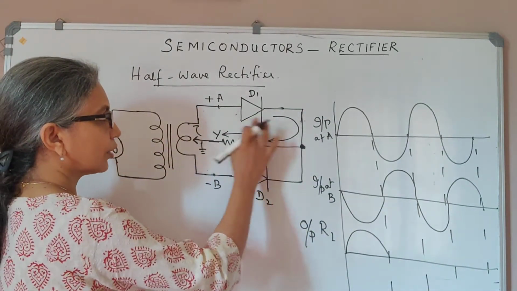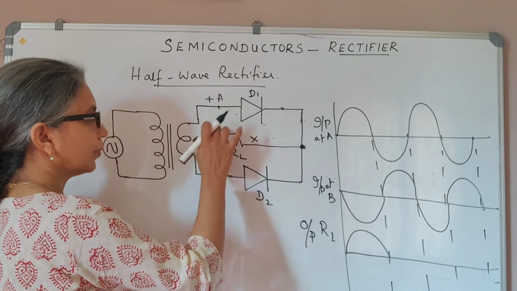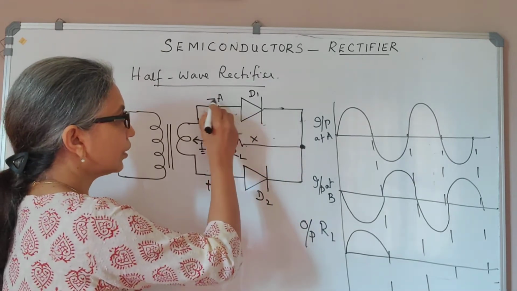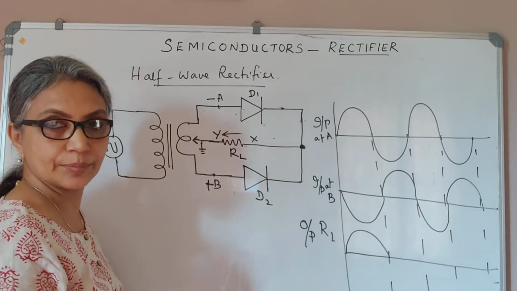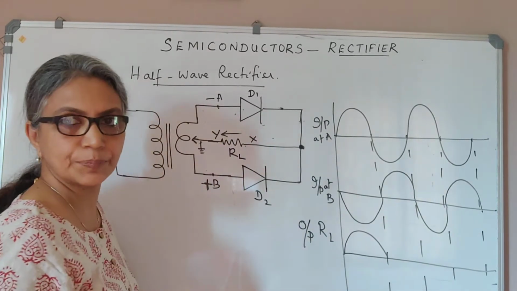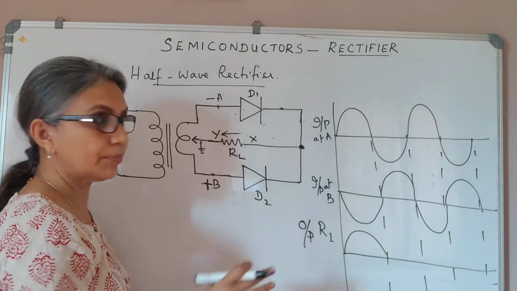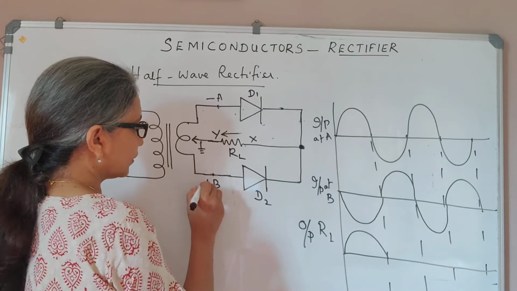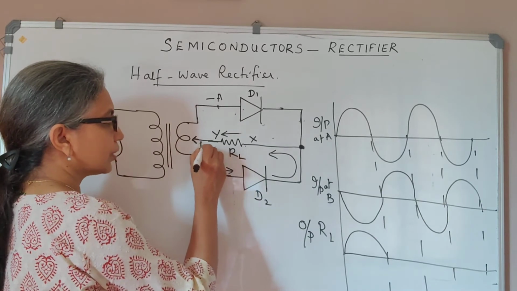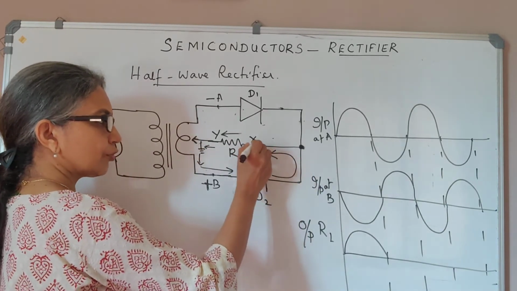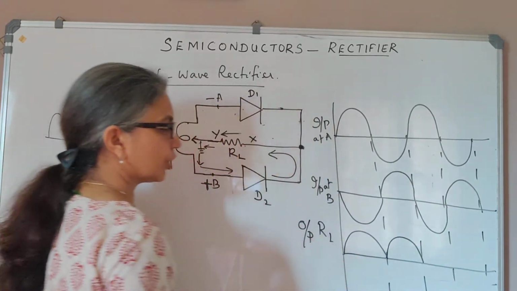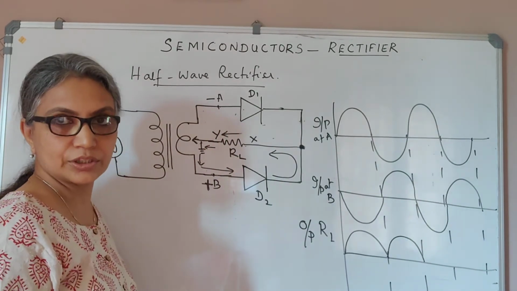Now the next half cycle, what happens is you have A becoming negative but B becoming positive. So now you see D1, the P type is connected to the negative terminal, so that is reverse biased, but D2 becomes forward biased because we have the positive connected to the P type. So now D1 will not conduct, but D2 will conduct. So now the current flow will be in this direction here, and then across RL you will see the current is in the same direction, right? It is from X to Y itself. So the voltage drop will be in the same direction. You have a voltage across RL because there is a current in the same direction across RL.